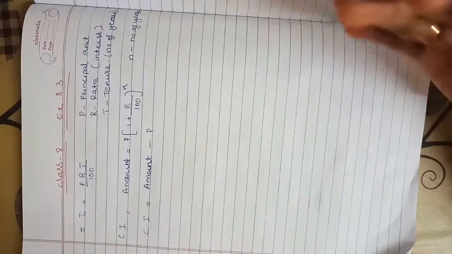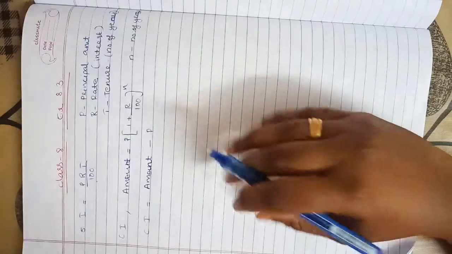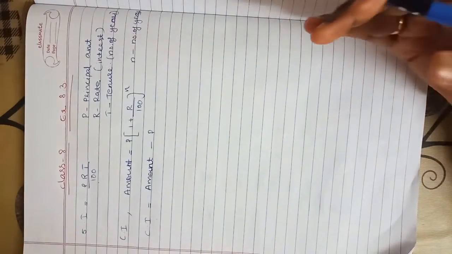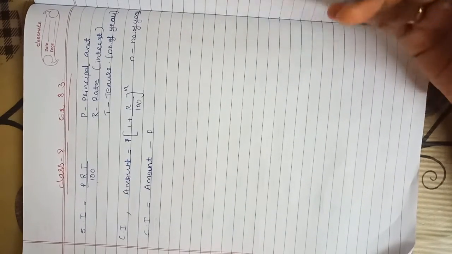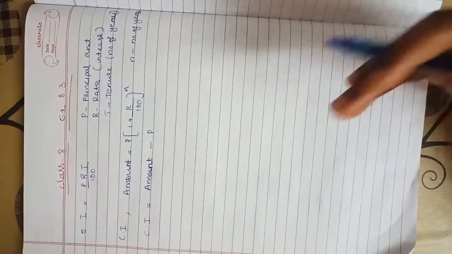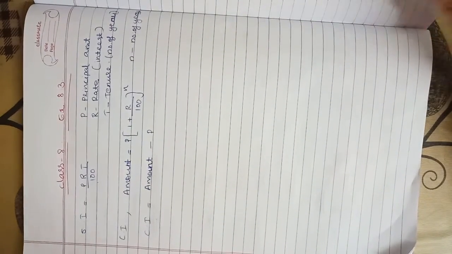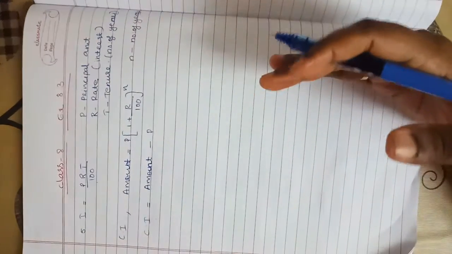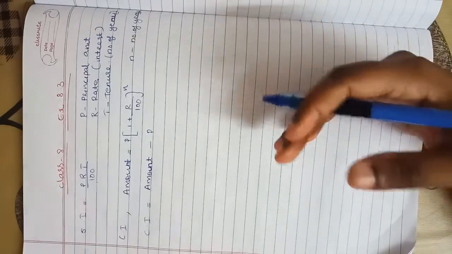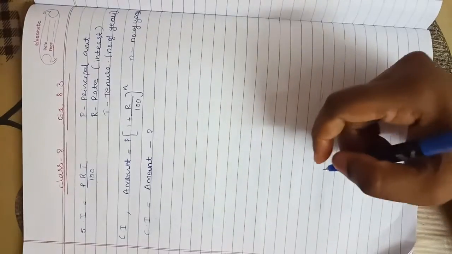After that, next year the compound interest will be calculated not from the 5 lakh. After 1 year you will get one new amount, correct? After adding the interest, that new amount you have to take to calculate the next year compound interest. That is the actual method. So if I am telling like this, you cannot understand anything. While doing the question, you can understand the difference between compound interest and simple interest. Okay. So let me start exercise 8.3, question number 1.